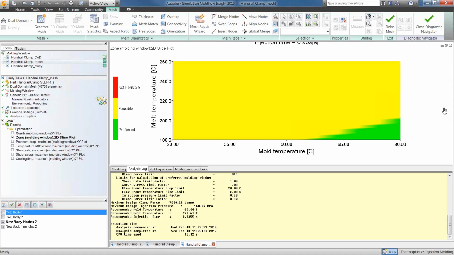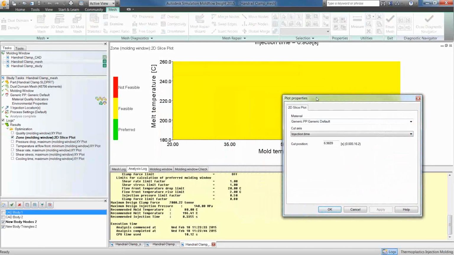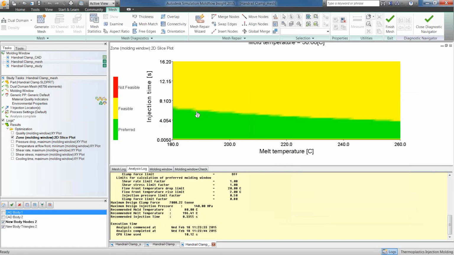So here we have the zone plot. It's probably the easiest one to actually tell, in my opinion, if your analysis is going to be okay. You'll want to go in here and change your cut axis to the mold temperature. Hit apply, hit OK. And then this green is where you want to have your preferred settings. The yellow is feasible, so it'll be okay. You might run into issues, you might not. And then red is not feasible, so I wouldn't recommend